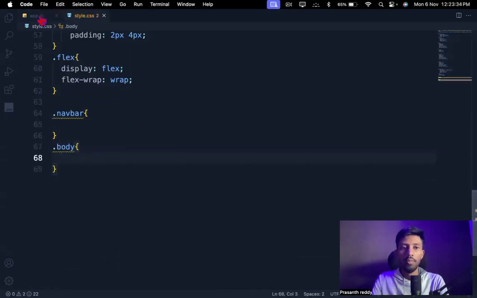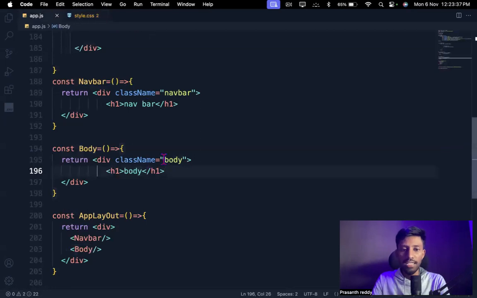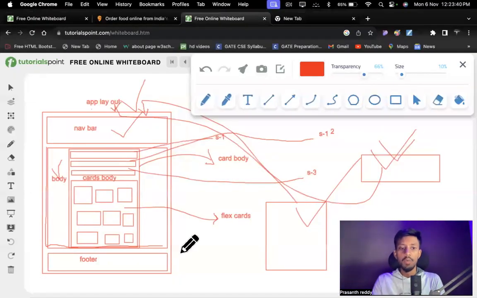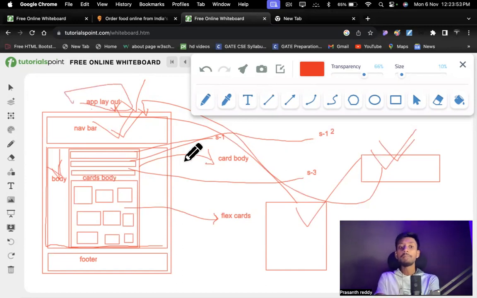Now let's go back here. We just defined the body and pushed it to the app layout. Now see what we have, the footer, right? Currently, don't create the footer right now. We created the navbar and the body, two things, and we pushed these two things inside this app layout. And if you observe carefully, now I need to create what next?